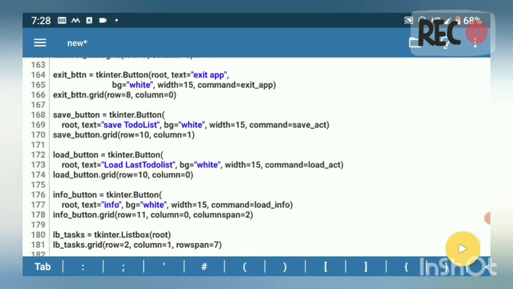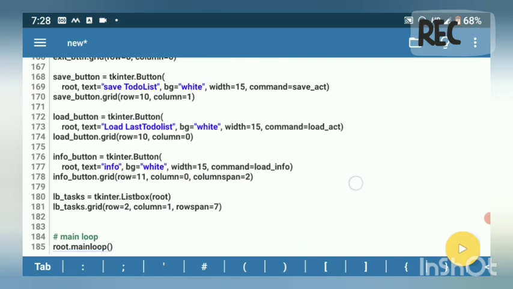Now exit button tk enter dot button root, text will be exit app, background will be white, width will be 15, command will be function that is exit app. Exit button dot grid, add row column method. Save button tk enter dot button at the root, text will be save to do list, bg will be white, width will be 15, command will be save. Save button dot grid row at the 10, column at the 1. Load button tk enter dot button root, text will be load to do list, background white, width